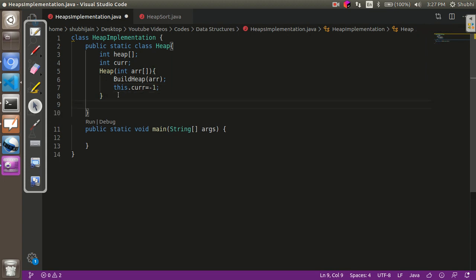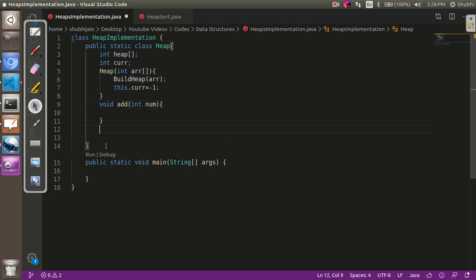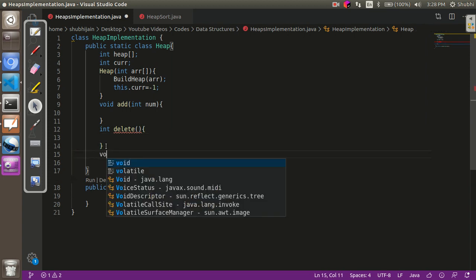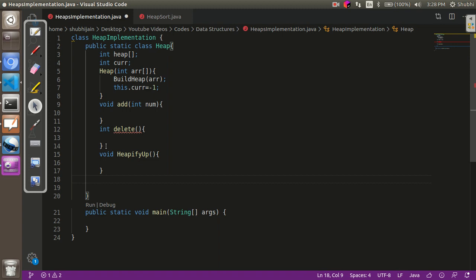Now the functions that we have to implement over here are, first, the add function. In an add function we will have a number that has to be added. Then we are going to make a function delete, whose work is to delete the root node and return the value which was present at the root node. Then we know that our add function requires our heapify up method, so we'll have a heapify up, and our delete requires a heapify down.